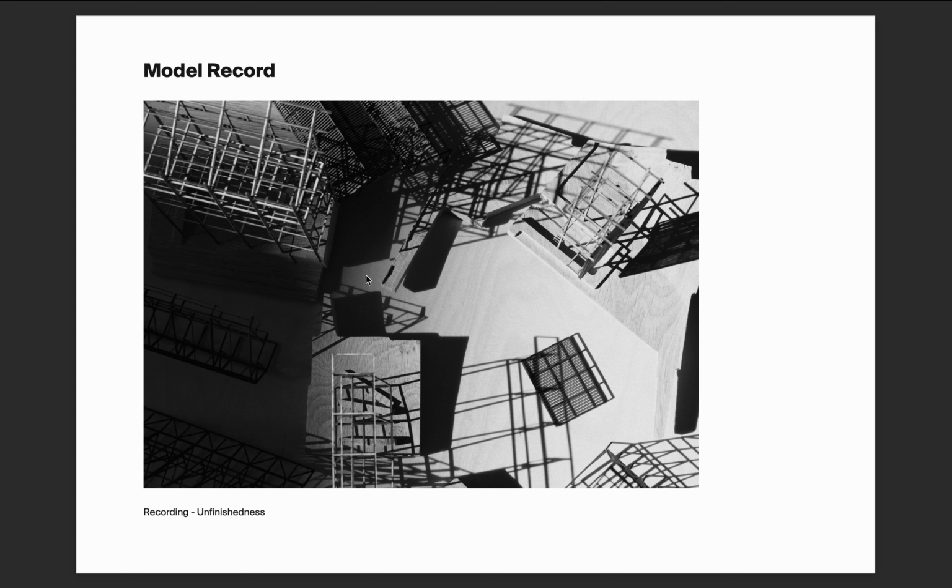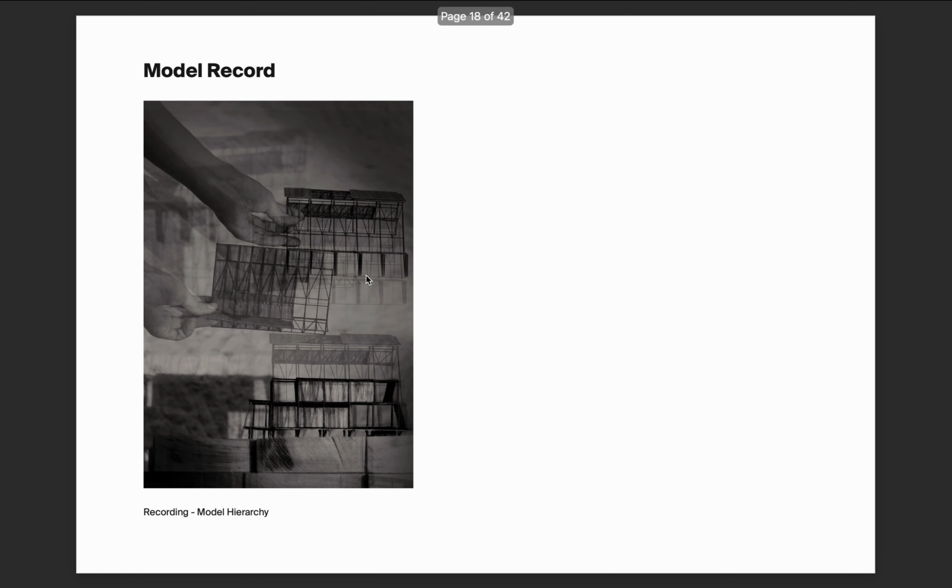But it still gives people a totally different sense and feeling when you actually capture a photo after everything is assembled, and the final image of it. It's just showing different qualities when you think about recording a model in the process and in the final stage. And again, this can be another nice technique to record your model hierarchy by taking a series